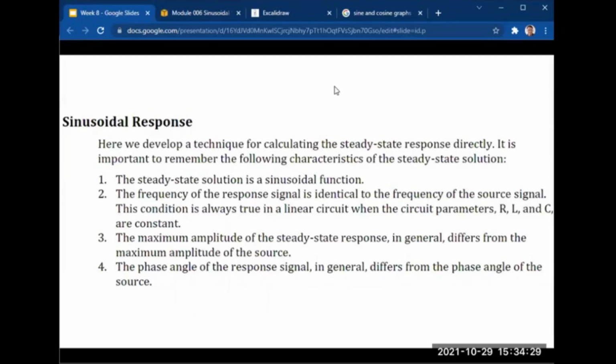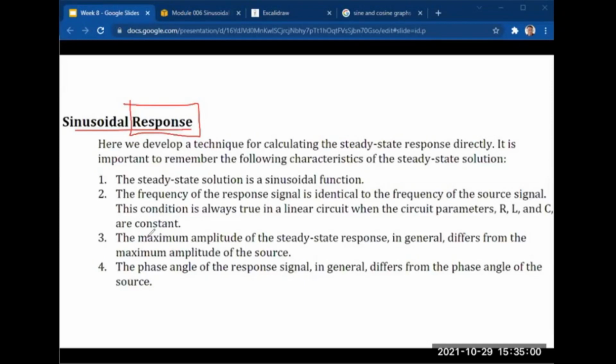Before we get confused by what we're talking about here, this is sinusoidal response. What we've discussed earlier is sinusoidal source, voltage or current, meaning the voltage source or the current source. Sinusoidal response is the output of the load, whether the load is a resistor, a capacitor, or an inductor